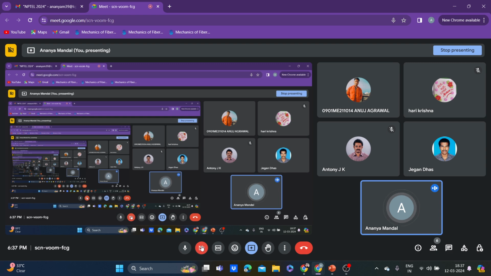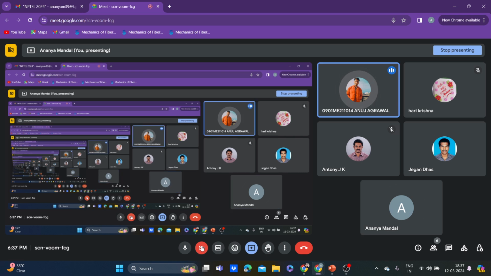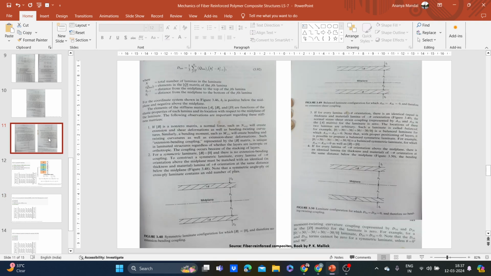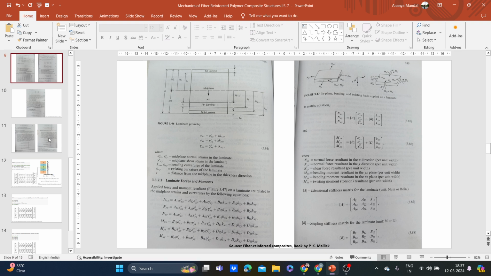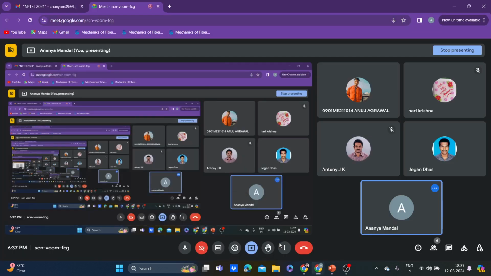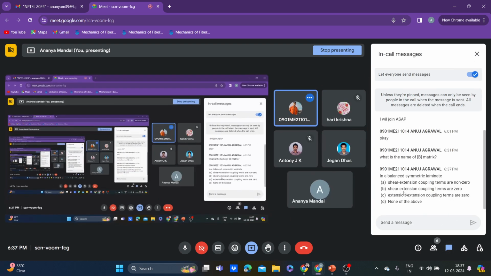ऑप्शंस में क्या है, बी मैट्रिक्स बोला या फिर बी मैट्रिक्स का नाम लिखा? ऑप्शन में ऐसे ही दिया है: शेयर एक्सटेंशन कपलिंग टर्म्स आर नॉन जीरो, शेयर एक्सटेंशन कपलिंग टर्म्स आर जीरो, एक्सटेंशन एक्सटेंशन कपलिंग टर्म्स आर जीरो, और नन ऑफ द अबव। मैम वो कौन सा कपलिंग है समझ नहीं आया, वो जीरो जो था बी वाला। ऑप्शंस बताना एक बार, या फिर कॉपी पेस्ट करके इस मैसेज में लिख दो।